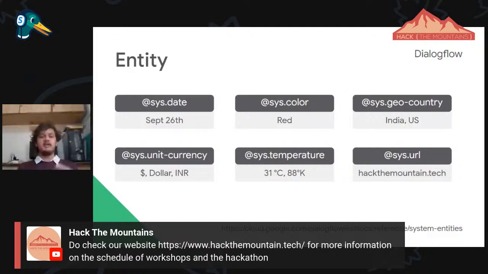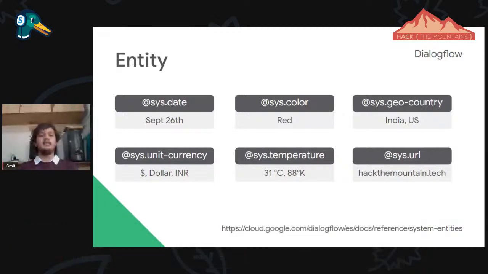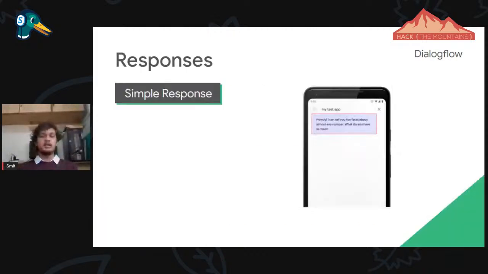And apart from this, Dialogflow provides the user interface for how your output will be displayed to the user. There are multiple response types where your chatbot will reply to the user. One is a simple response. Simple response means, when you invoke the model, it will display some text. There is a 640 character limit in the simple response, and you can give the same basic response over here.